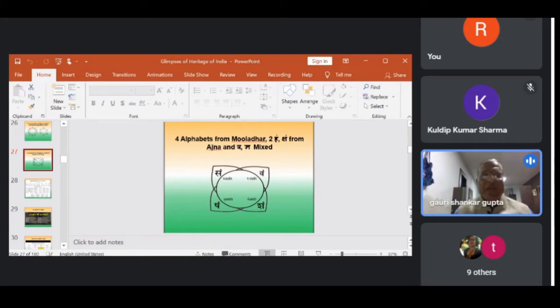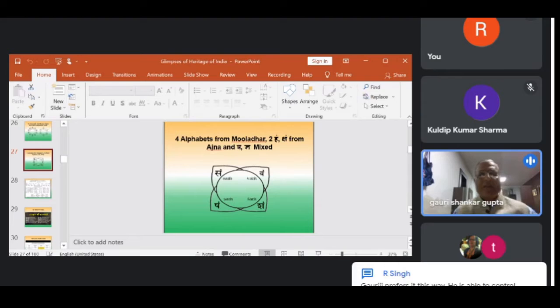But basic sounds originate from vowels, which are 16, the maximum in any language in the world. English only has 6 vowels, for example, A, E, I, O, U, and some say Y, so those are the only sounds they have. If you know any other languages, you would realize that none of them has 16 basic sounds, and that gives perfection to the Sanskrit language. The fundamental sounds are far more than any other language in the world.